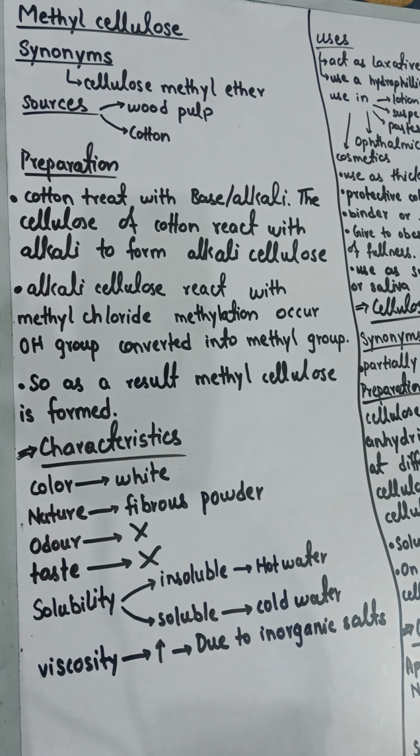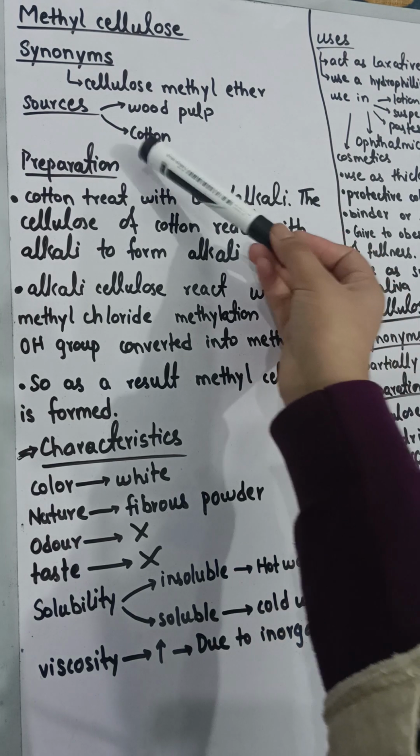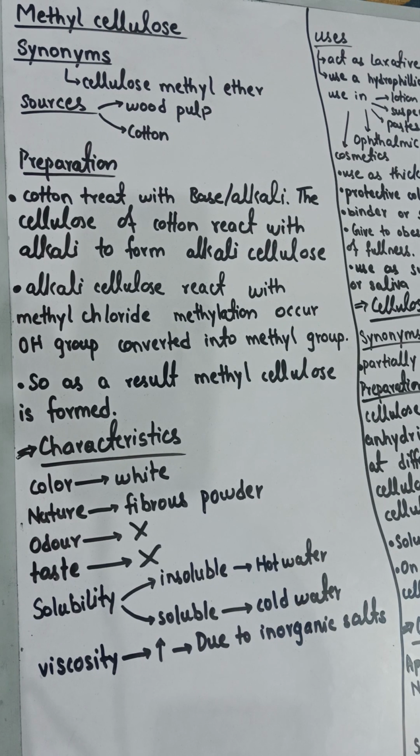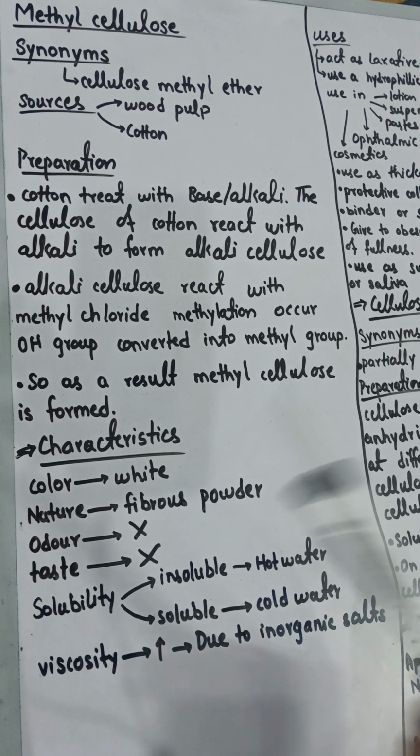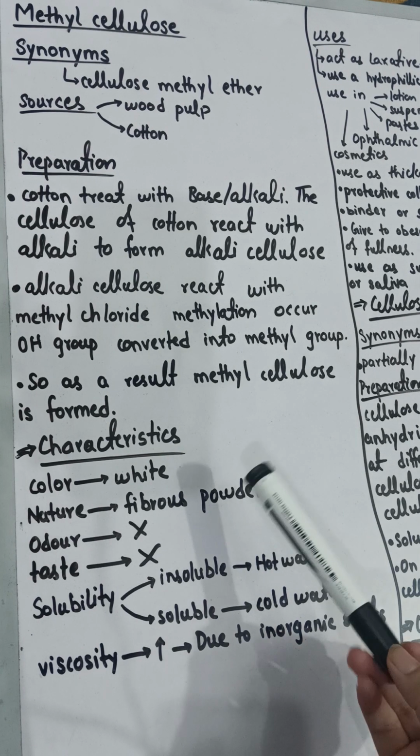Actually, methyl cellulose is made up of two components. First is the methyl and second is the cellulose. So what is wood pulp? Wood pulp is actually small pieces of wood. Wood is obtained from the tree. So from cutting the wood into small pieces, we obtain cellulose from it. And you know, cotton is pure cellulose, so you can obtain cellulose from cotton also. Therefore I have said that it has two sources. You can obtain it from wood and you can obtain it from cotton, but here the preparation is given